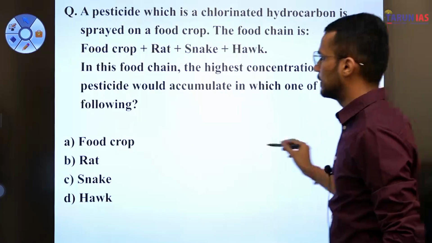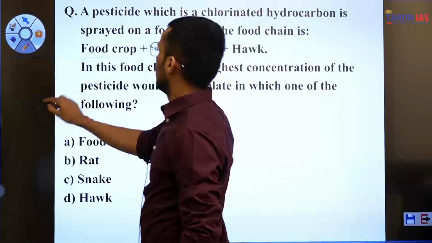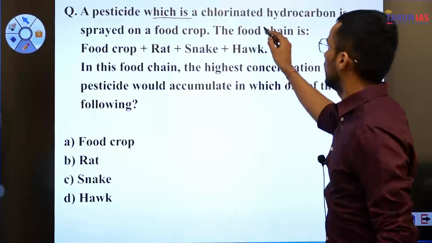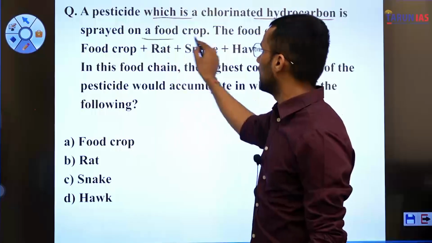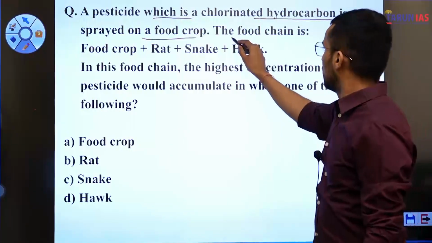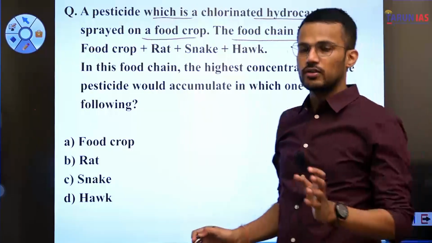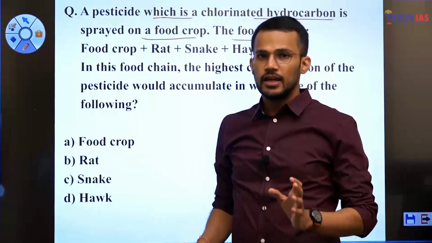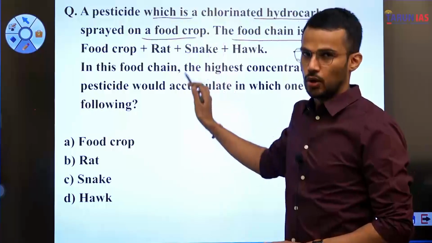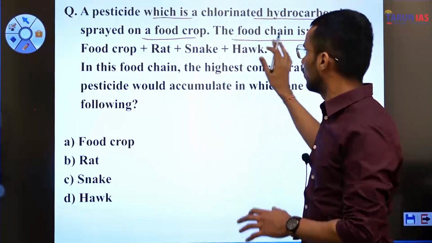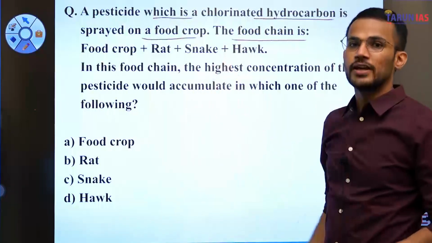Next question is: a pesticide which is a chlorinated hydrocarbon is sprayed on a food crop. The food chain is... So what is the question telling us? A particular pesticide has been spread on a food crop, and that food crop is a part of a food